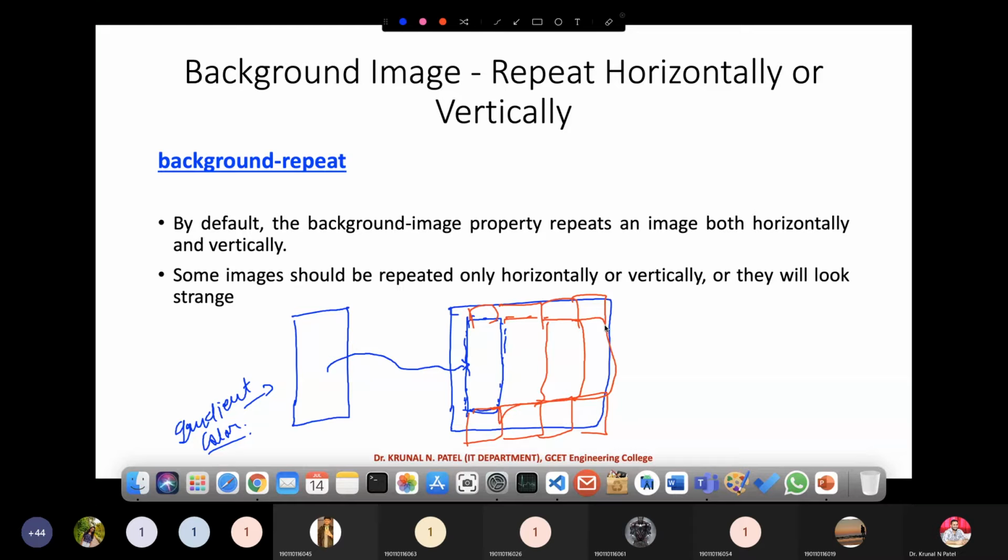So now what you understand from this is that this is the image. This one strip is one image. But whenever I make a repeat horizontally, it will occupy the entire screen in a horizontal direction. Similarly, if I go for vertical repetition, it will again repeat the particular image on the entire screen, right? So you can see you don't require an image with the particular screen size. If you have this much portion, then also you can make a repeat and create a background, right? So this is the meaning of repeat.